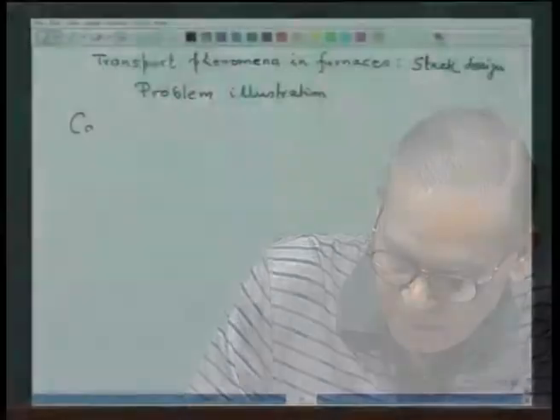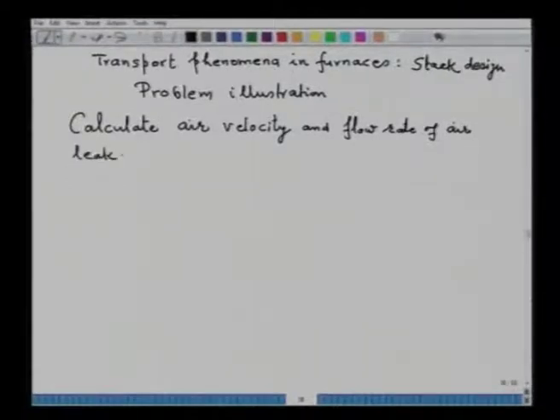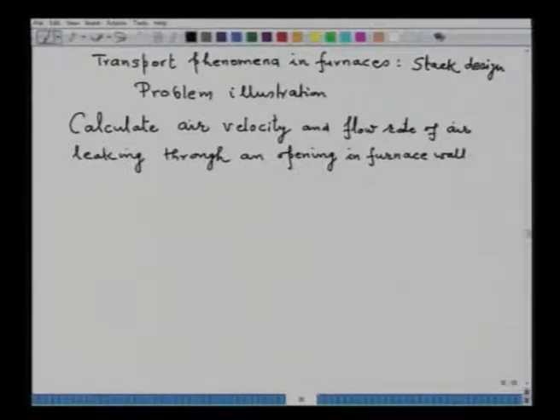So, let me write down the first problem. Calculate the air velocity and flow rate of air leaking through an opening in a furnace wall. The following data are given: